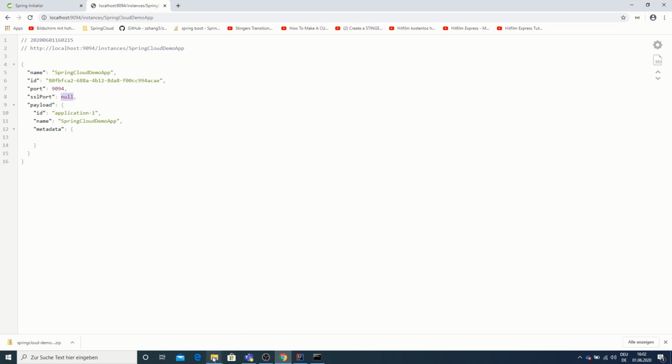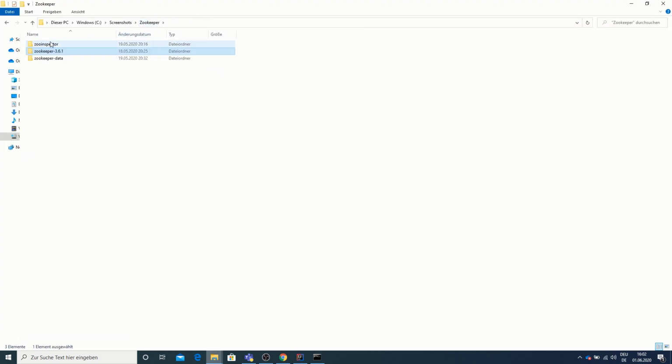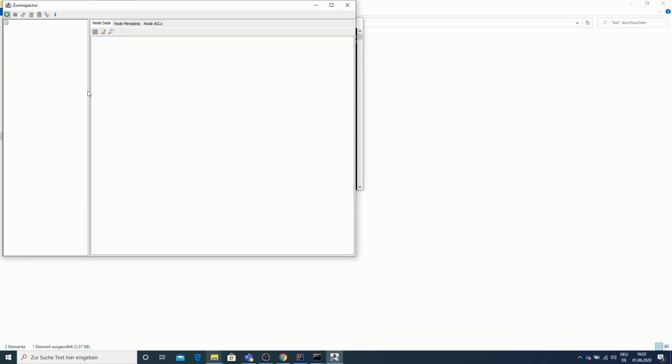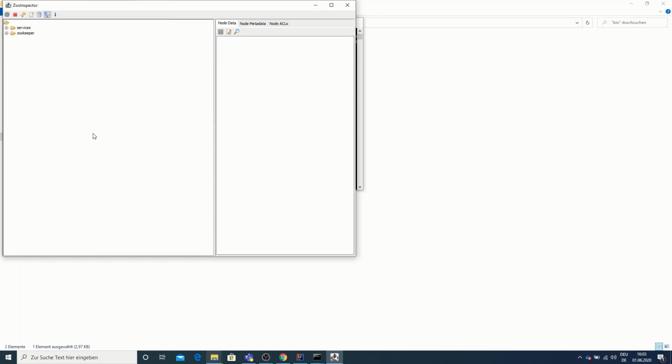Let's review what we have done. Let's start the Zookeeper inspector to show what we have done. Okay. Zookeeper will connect by default to port 2181, but you can change it. I keep the default port here. Now you can see this is the base path which I showed you before